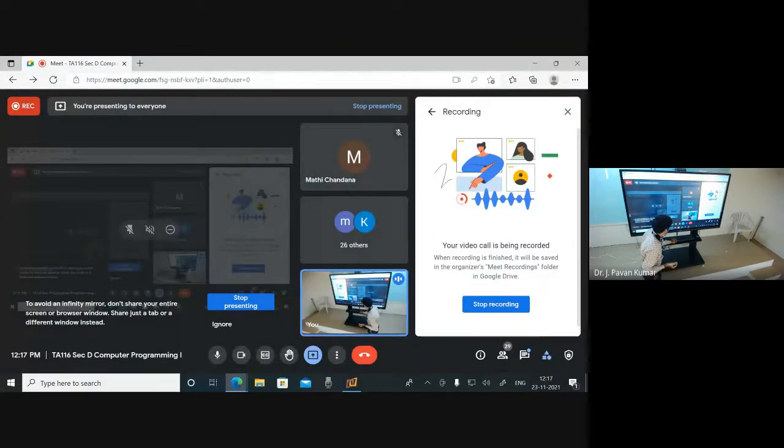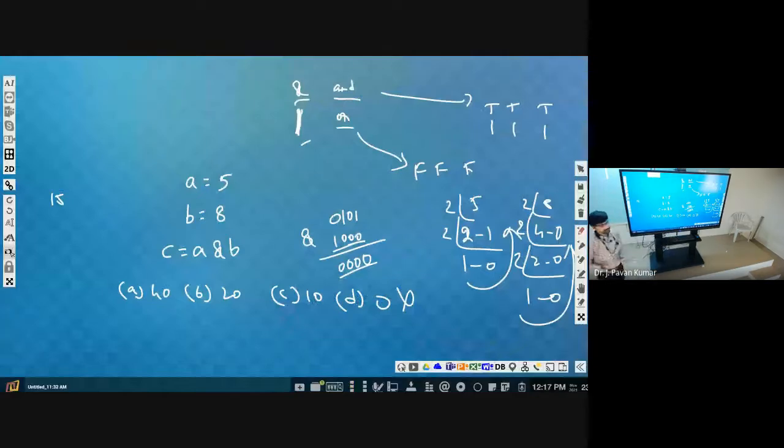Online people, please respond. Check once. Correct? This is like 4 ones. Of course, with 4 ones, whatever number you do the AND operation with, you get that number only, because there is no objection from this side.